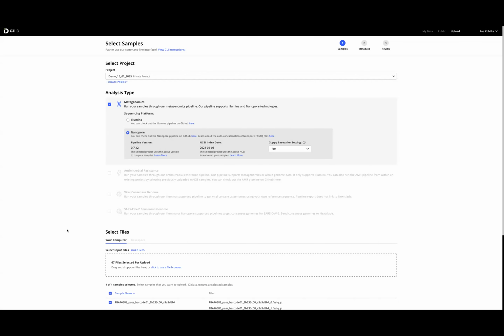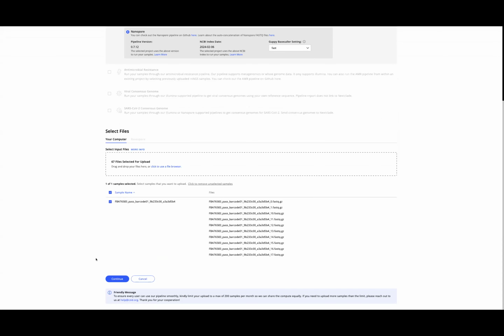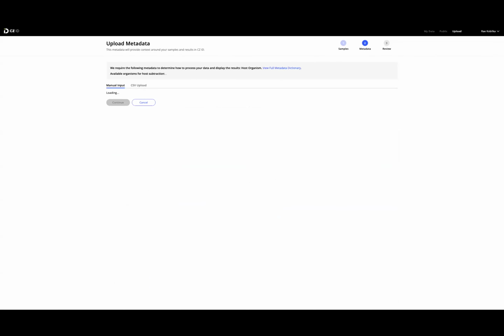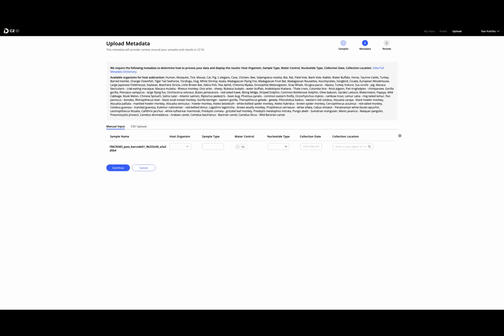And it might take a little while. Okay, this was really quick because we don't have so many files. You have to make sure to not upload too much, otherwise you can't press continue here because it's just too much for one analysis run. And I think we can click continue here now. So this pipeline mostly accepts FASTQ files,